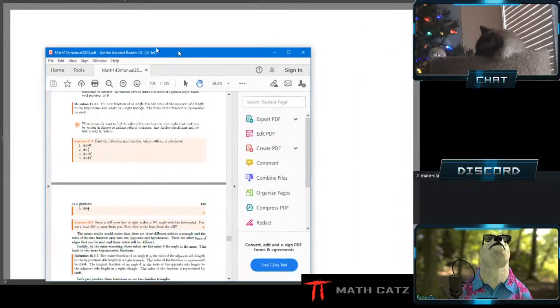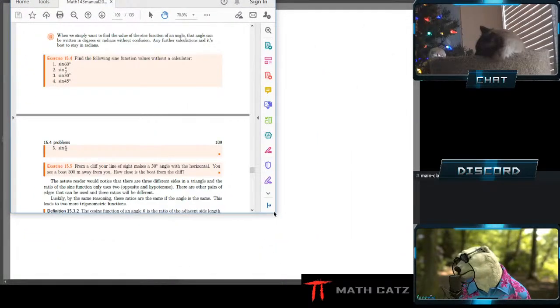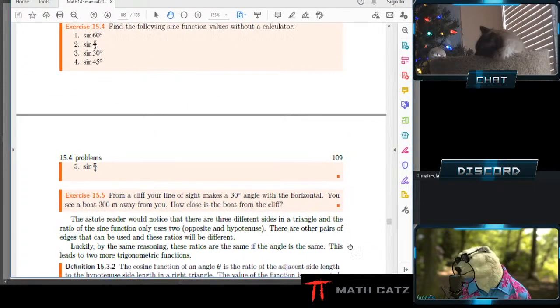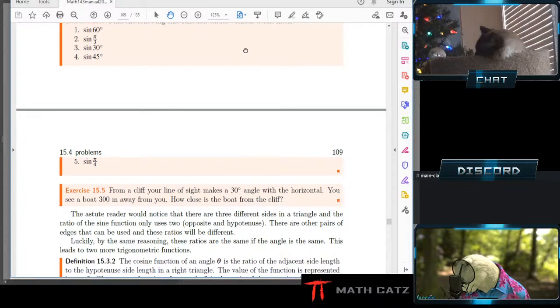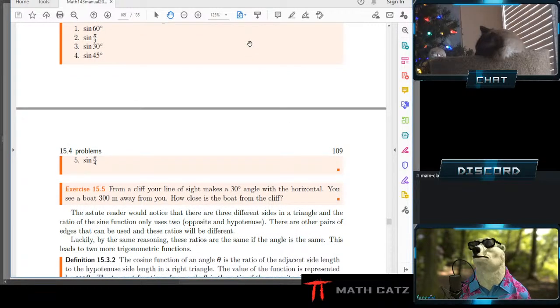I'm going to look at exercise 15.4. Small, let's drag it, make it bigger. Check how it looks. It looks okay. 15.4. Find the following sine function values without a calculator. So let's just ignore this because I'm not ready for it. I want to just practice the sine function, of course, knowing there are others. And I just want to practice it for these two because I want to learn how to use my calculator